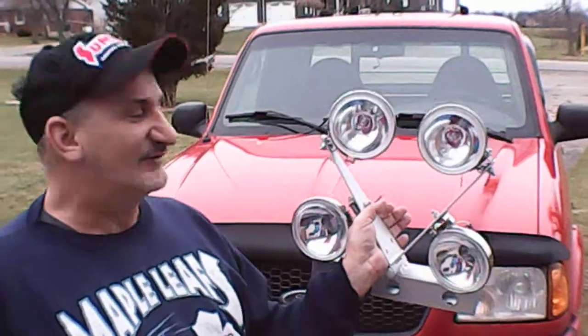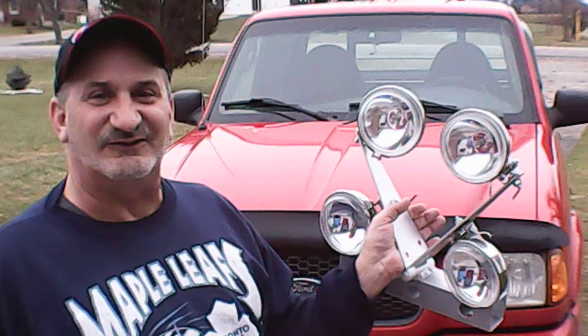This here is a homemade bracket for 4 driving lights. The driving lights are 4.5 inch for my 2003 Ford Ranger because I can't see anymore at night. It's a simple build. It's one of these